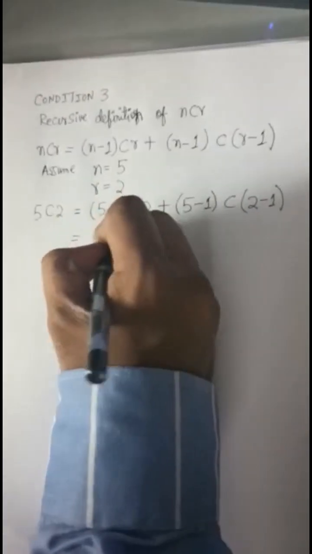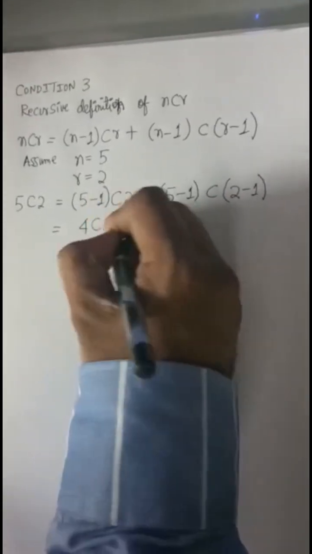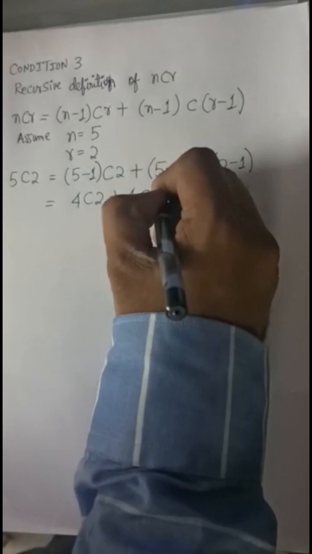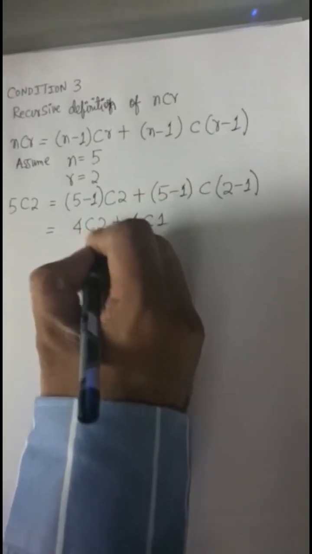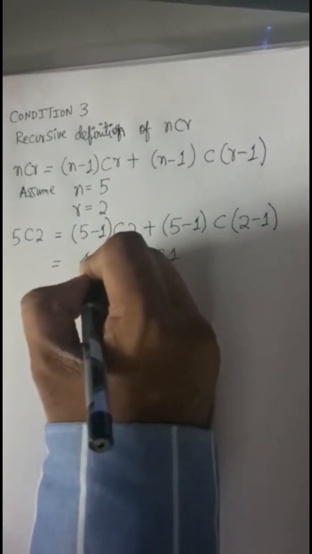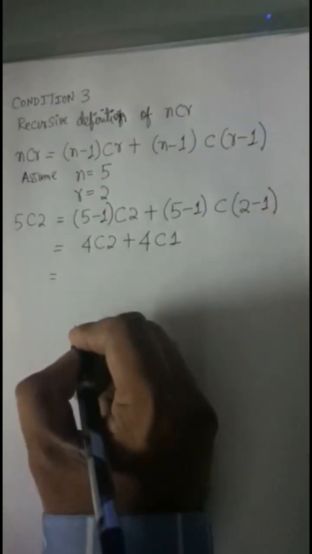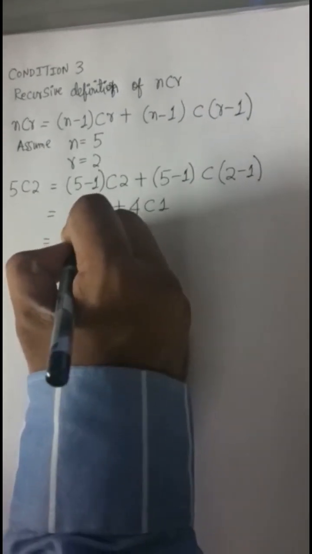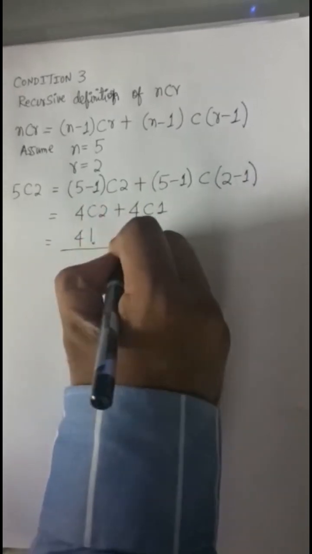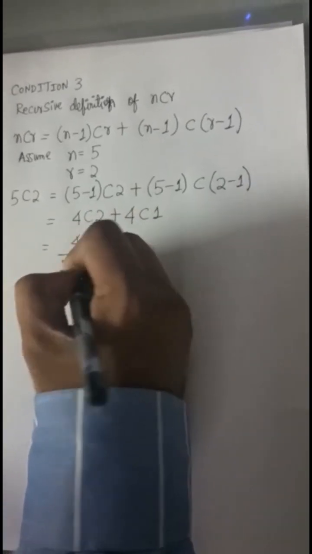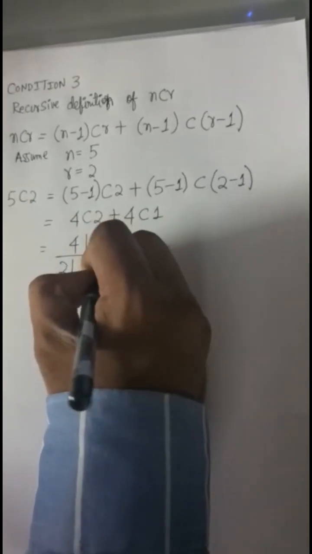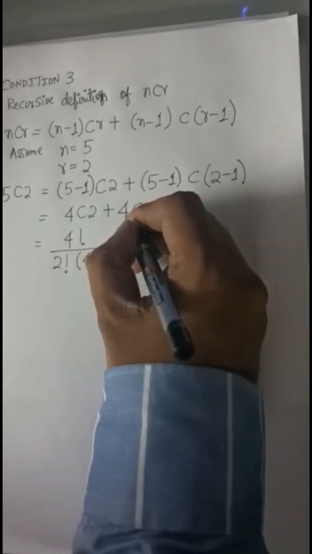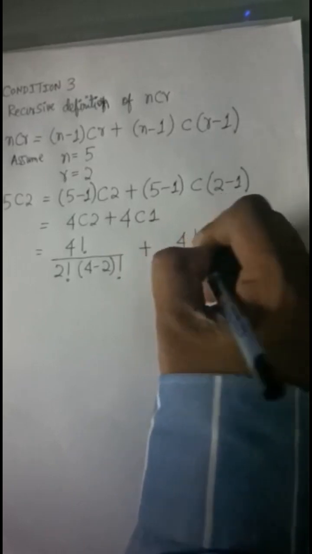We will get 5 minus 1 is 4, 4C2 plus 5 minus 1 is again 4C, 2 minus 1 is what? 1. So first we will compute 4C2. 4C2 means ultimately this will be n, this will be r. So in order to compute 4C2, I will write 4 factorial divided by 2 factorial into n minus r, that is 4 minus 2 factorial, plus here you can see that 4C1, 4 factorial divided